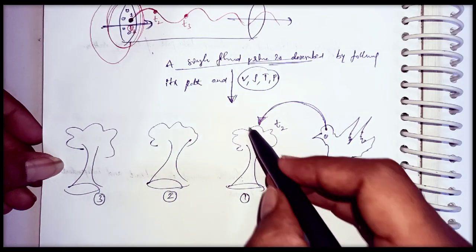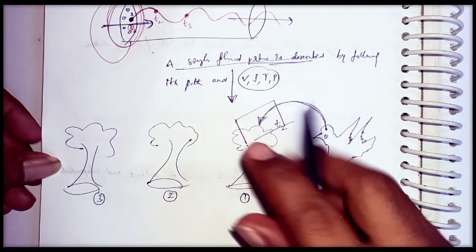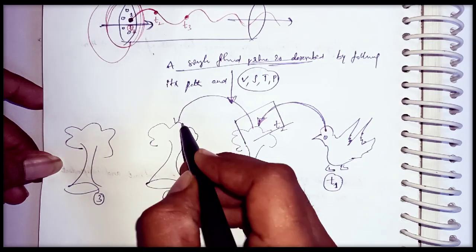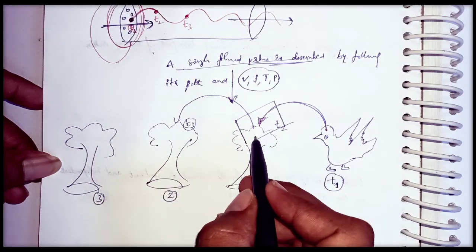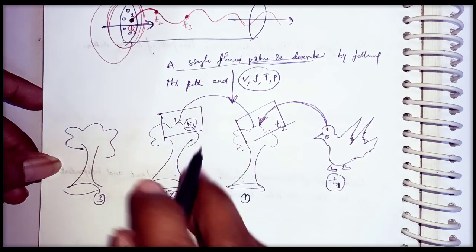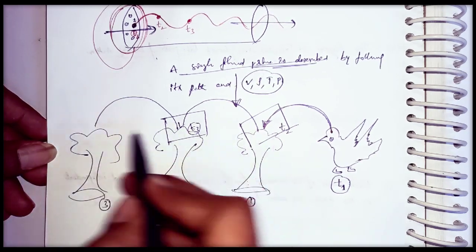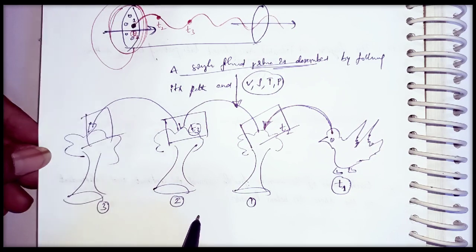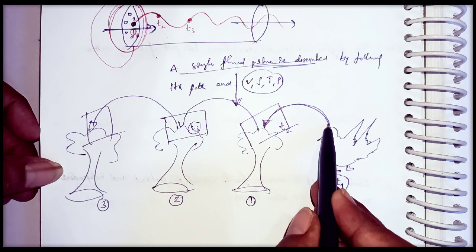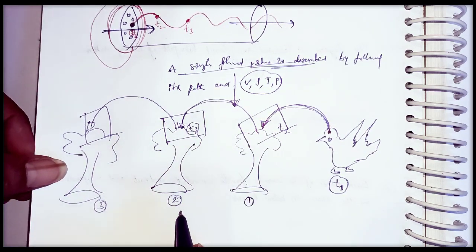Here you are taking the picture of this bird. After some time, at time t3, the bird comes from tree number 1 to tree number 2, and again you are taking the picture of the bird. Similarly, the bird comes here, and again you are taking the picture. At each and every time you are following this bird, following the path of this bird, and taking pictures. Yes or no?